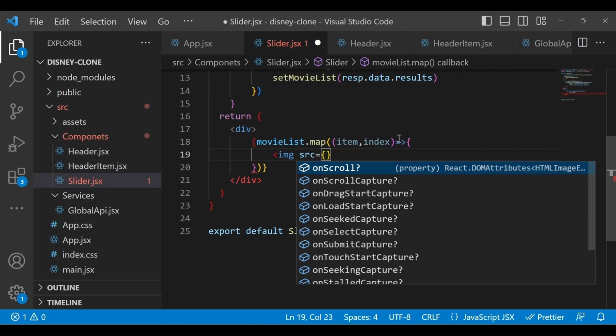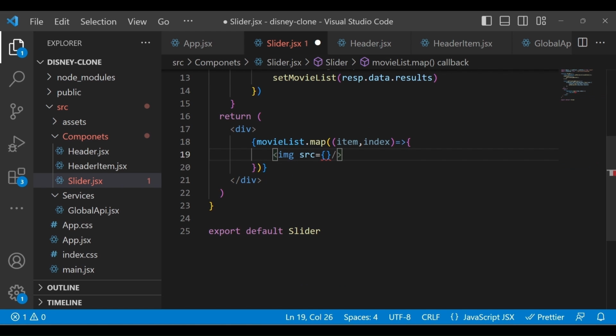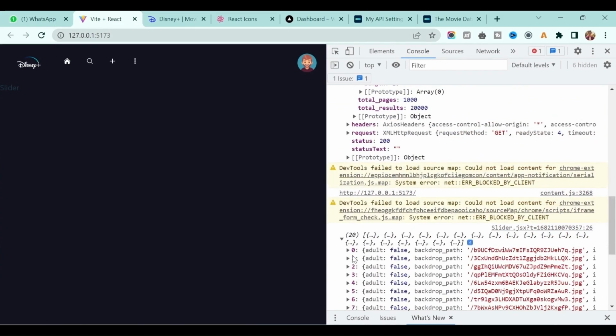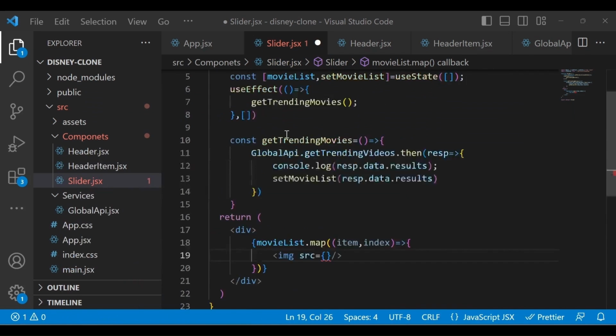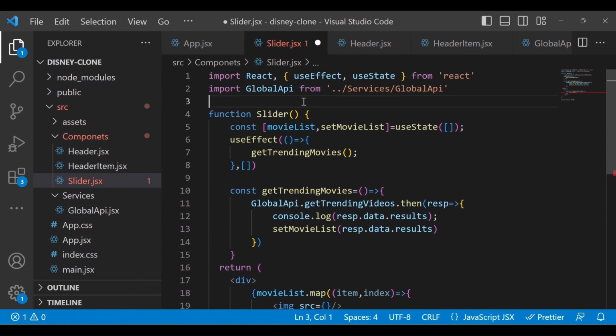Inside that, we want to define this backdrop path. If you see, this has a jpg extension, and this is nothing but the image that we want to show. But this is not a complete path, it is just a file name. Our TMDB database, which we are using, already has one endpoint to access the complete image URL.